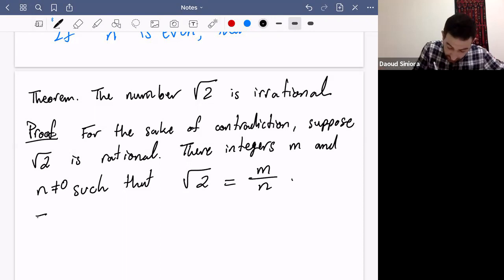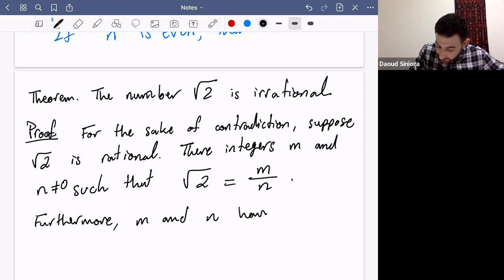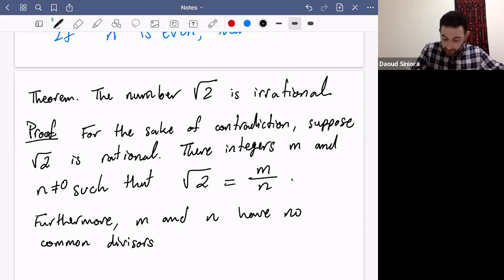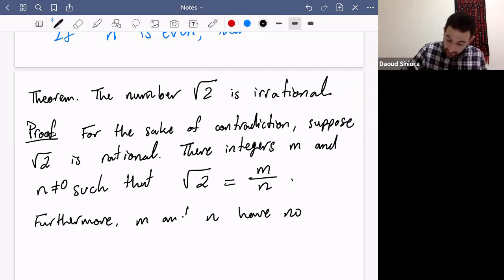Furthermore, we may assume that m and n have no common positive divisors but 1. Or if you want, let me restate this. We can assume that this ratio m over n is in lowest terms,